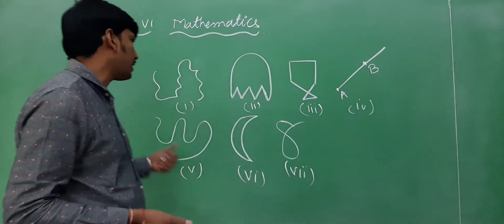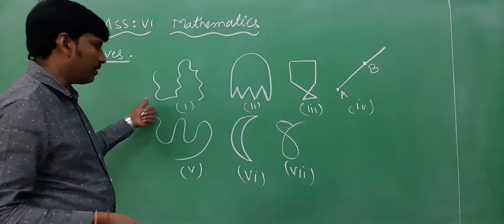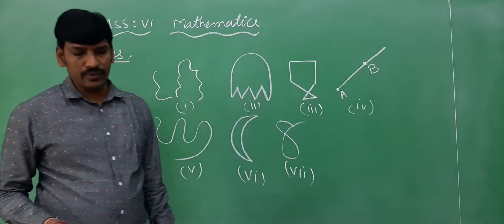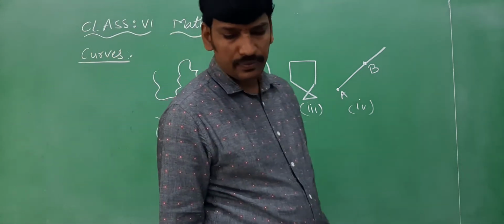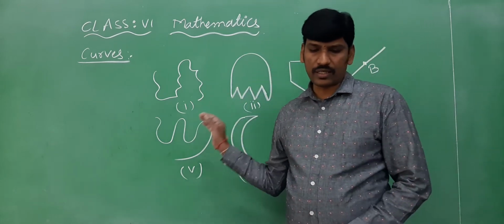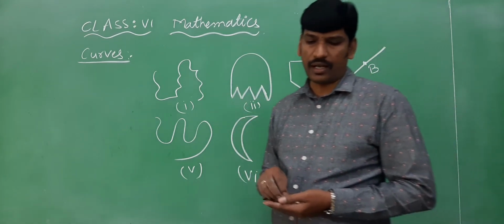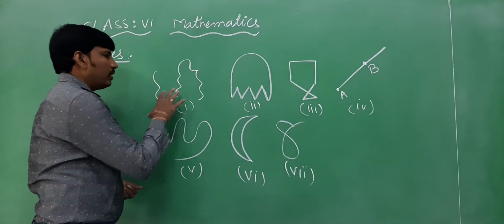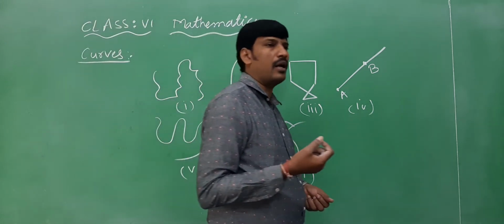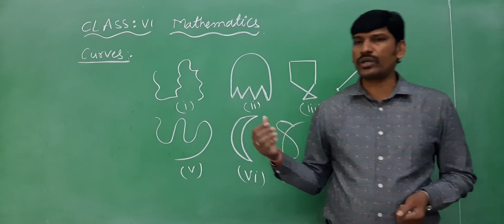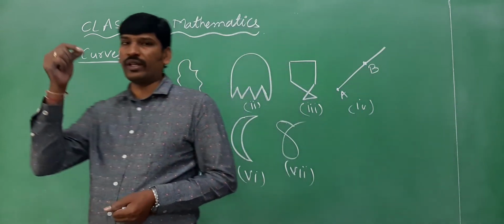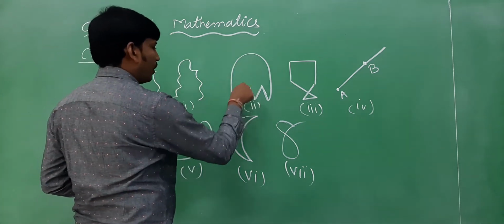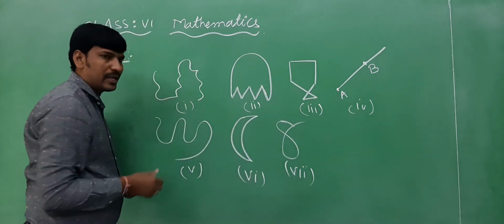Now today we are going to discuss the curves. What is meant by curves? Observe the figures here. There are 7 figures, which are curves. Generally you can say that you can draw some of these drawings without lifting the pencil from the paper and without using the ruler also. We will draw these without lifting the pencil. Without lifting the pencil you can draw figures like this. These are all drawn without lifting the pencil only.